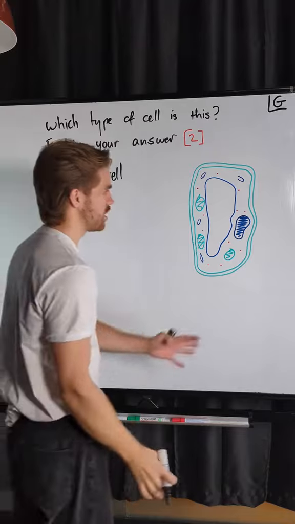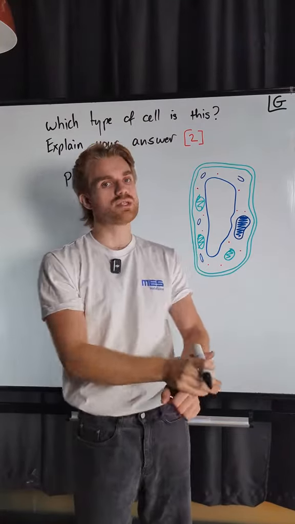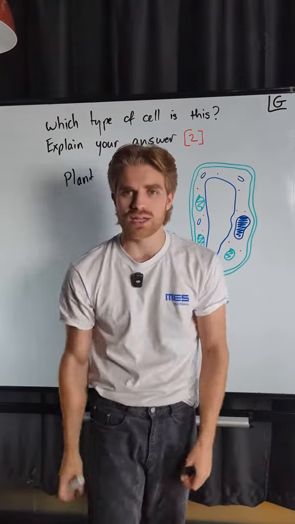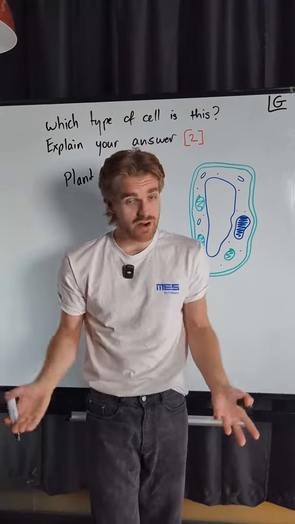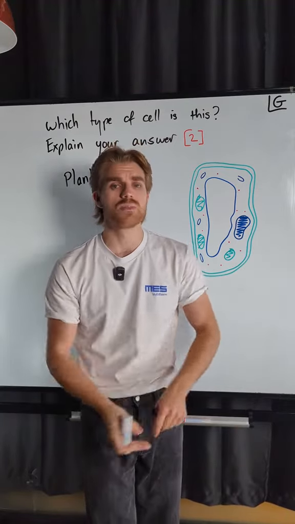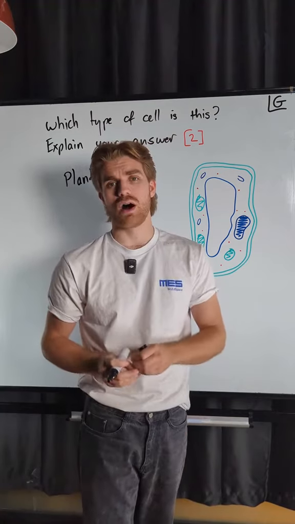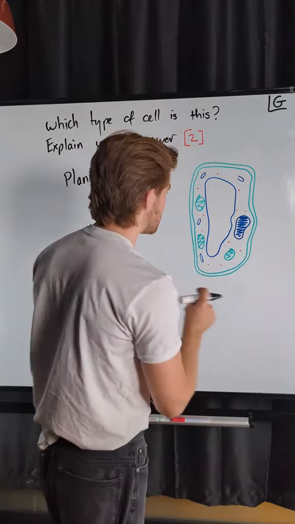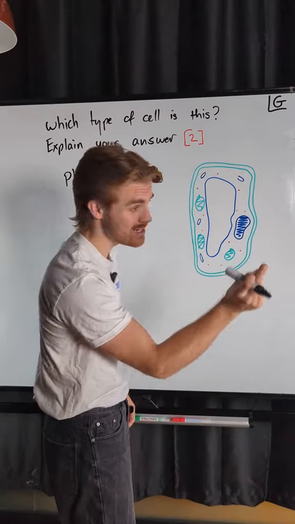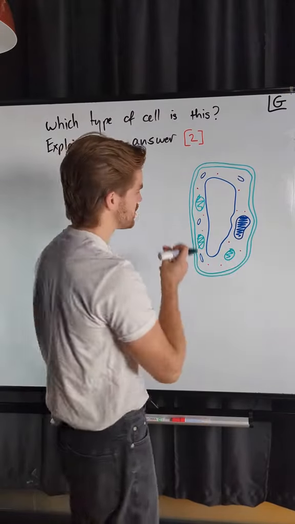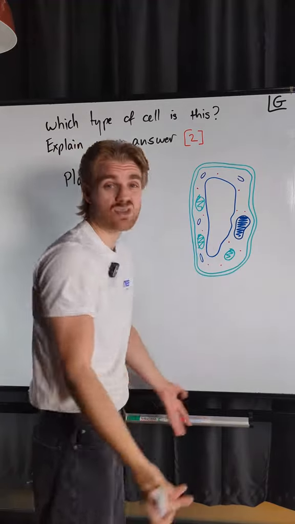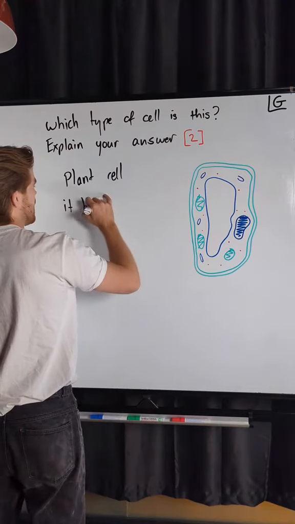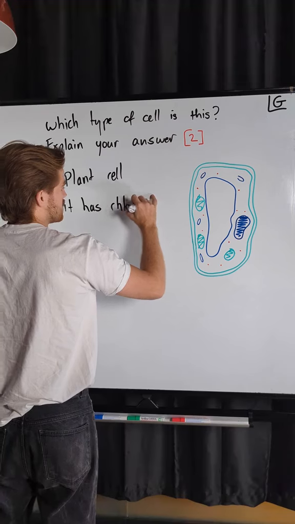And how do we explain our answer? Well, most people would say because it's got a cell wall, and a plant cell has a cell wall, but so does a prokaryote. It's a very different cell wall. It's not made of cellulose, but that would not get you the mark because a prokaryotic cell also has a cell wall. The most defining characteristic is the fact that it has a nucleus and a cell wall, so is therefore not an animal cell, or perhaps maybe just the fact that it has chloroplasts, because only the plant cells will have chloroplasts. So it has chloroplasts,